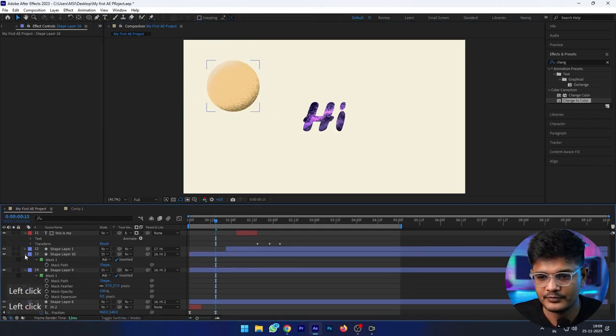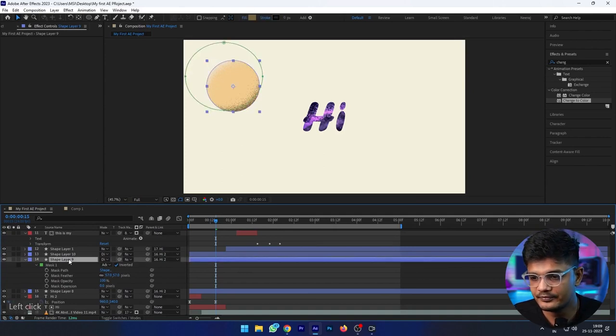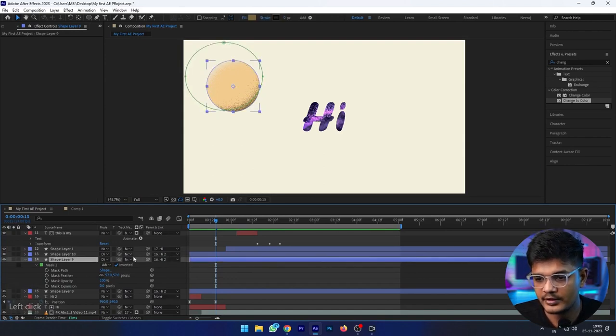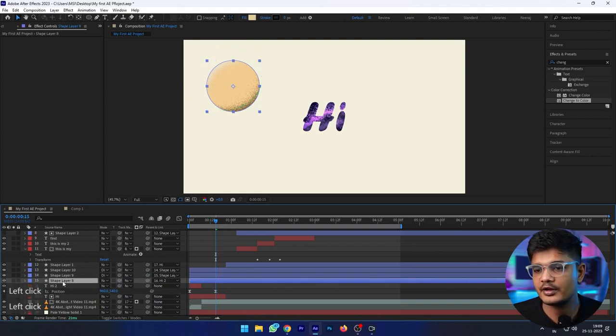Okay, now let's create one more ball or circle like this, and parent it to layer 9. Parent it to this layer. Okay, let's change its name by clicking Enter.